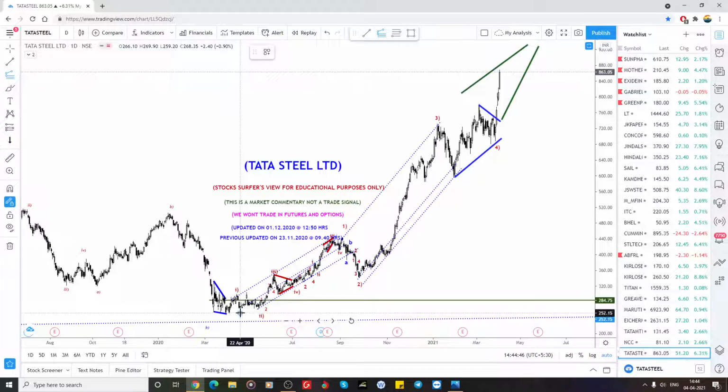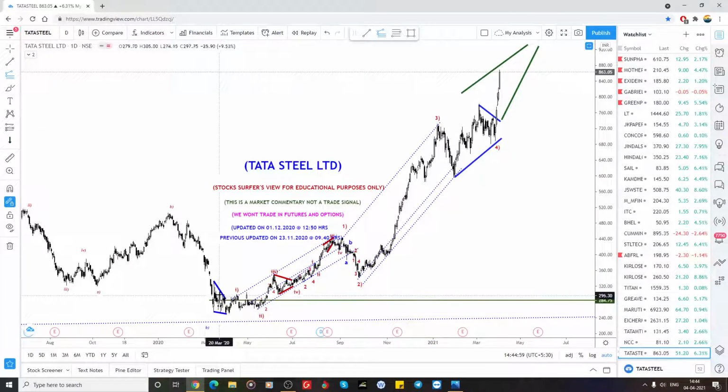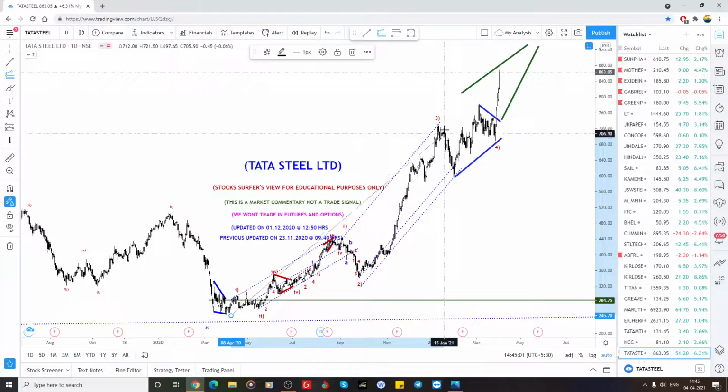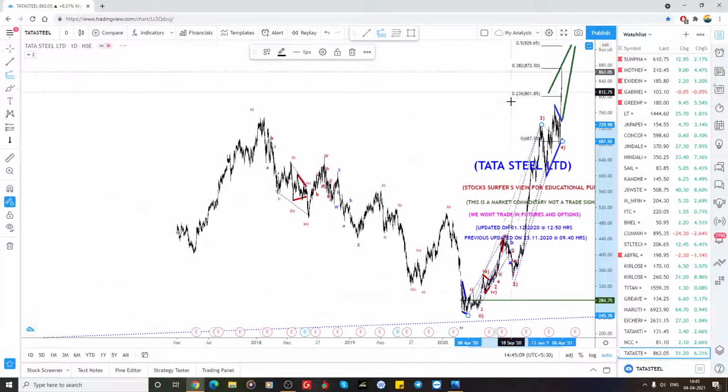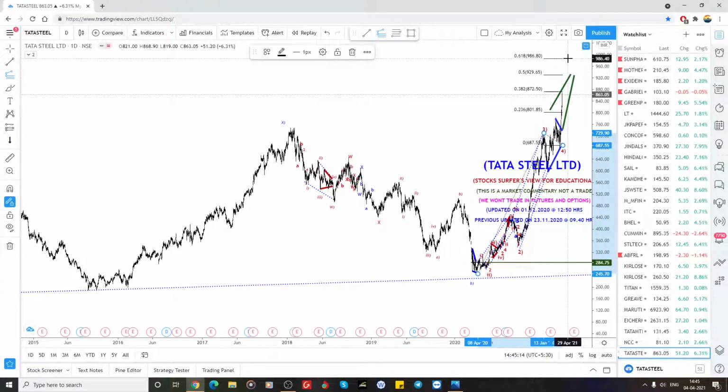As of now we targeted wave 1 equal to wave 5 at the end of the fourth wave. So it has already achieved the target, maximum 0.786 to 1. Otherwise the one more target is the 0 to 3, and that rejection in the fourth could be 38.2, exactly now the first target. And if it's still bullish, if it is in a wedge formation, an ending diagonal in the fifth wave, we can expect up to 0.986 in the wedge formation, with the ending diagonal pattern target of 0.618 for that 0 to 3. So that is the target in Tata Steel.